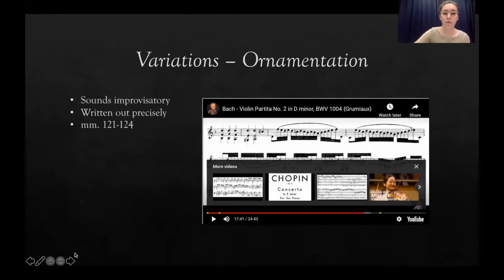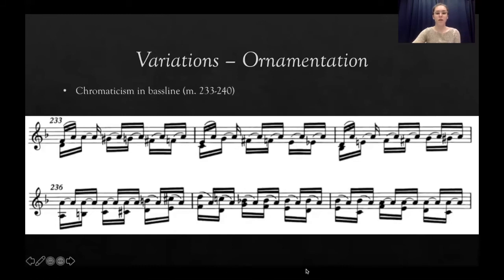And so that's one form of ornamentation that he uses. Another way is through chromaticism, and in this way sometimes he even varies the bass line, although the bass line still technically stays the same overall because we have our D, our C, our B flat, and our A. But within this, the bass line takes a little tour up to A and then travels down chromatically before going to the next staple note of the bass line. So he kind of ornaments the bass line in this way in addition to the upper voices.